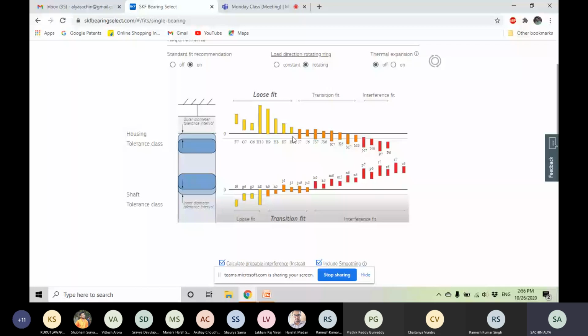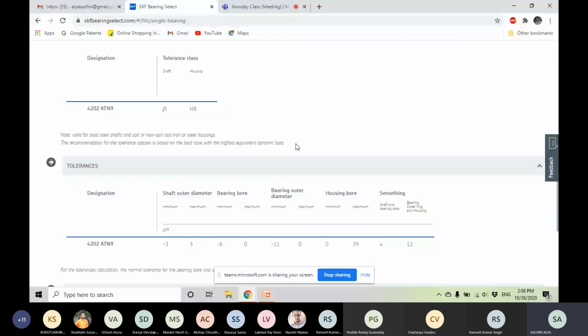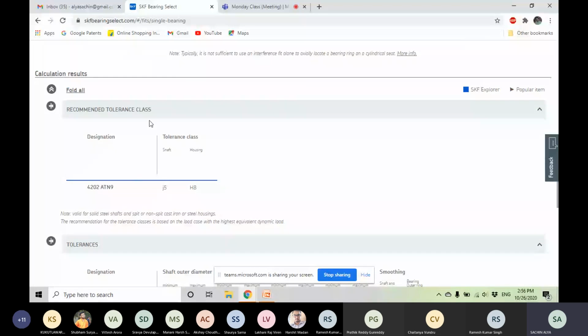And we go down in this menu. So this is the tolerance class for the bearing, which is the recommended tolerance class. So for the shaft they recommend J5, and for the housing they recommend H8.